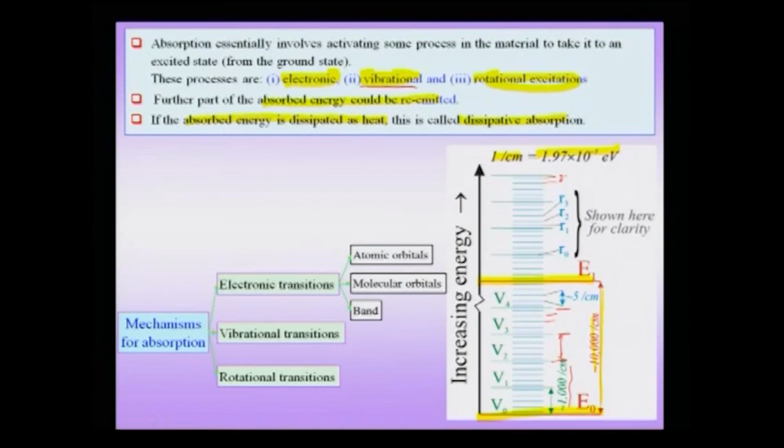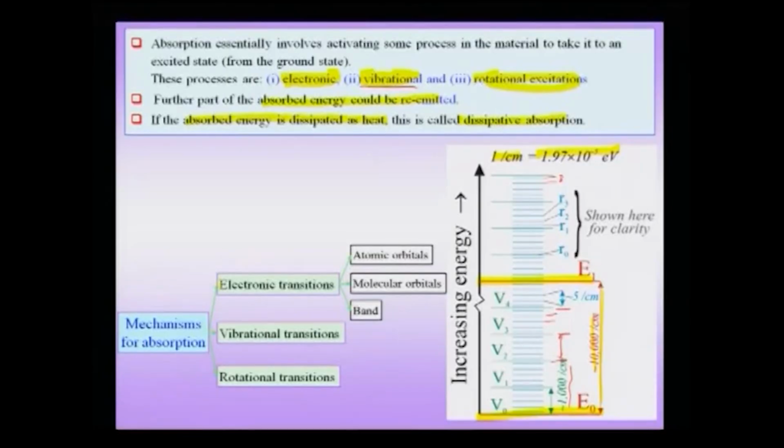So, even though there are 3 possible mechanisms by which I can excite a material, which of course might relax to the ground state again by re-emission of radiation, these energies are all not the same, and therefore, depending on the frequency of the electromagnetic radiation, one of these might be excited, and therefore, the absorption would be in a certain frequency regime based on the energy which is required to excite this. And again, to go into the detail a little more about these excitations, the electronic transitions themselves could be from atomic orbitals, could be from molecular orbitals, or could be to a band, that means an electronic energy level lying in a band.